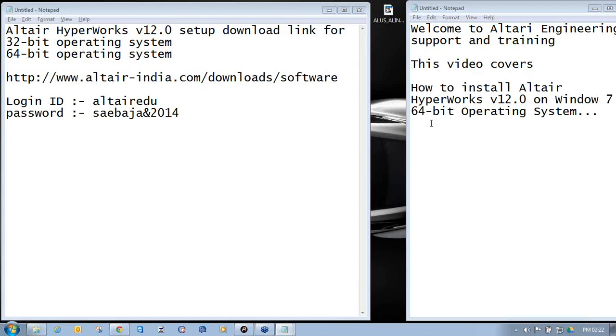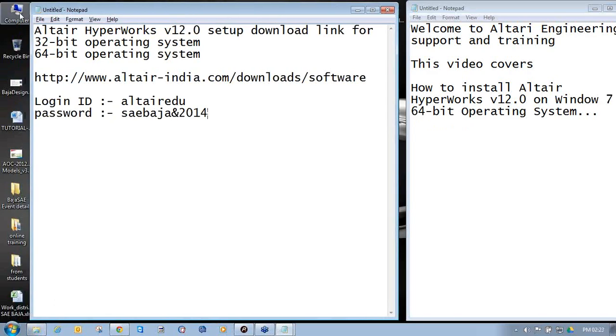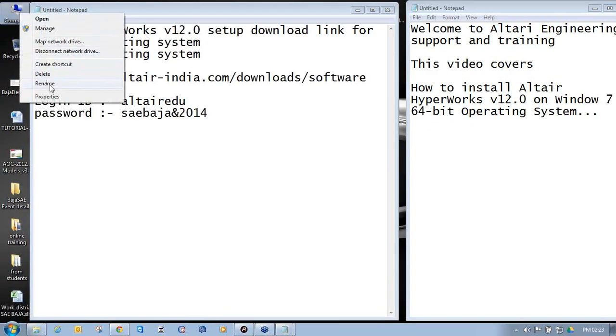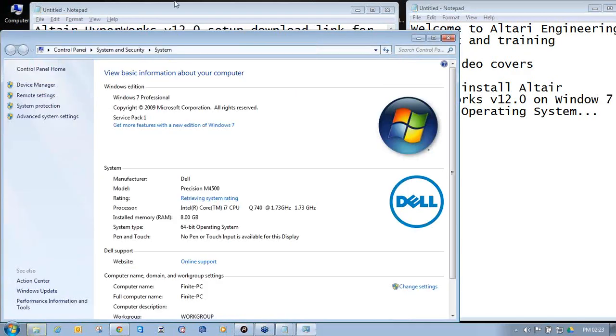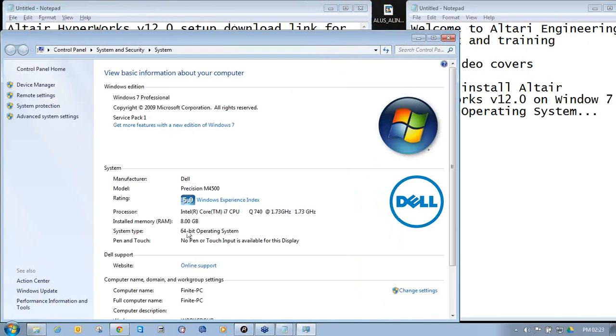In this video, you are going to learn how to install HyperWorks version 12 on Windows 7 64-bit operating system. To check the operating system of your machine, you can right-click on My Computer, Properties, then you can view the system settings here.